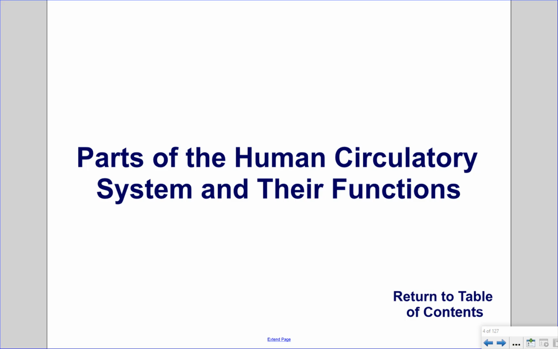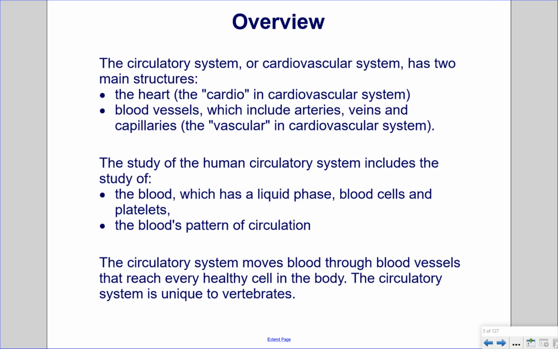Parts of the human circulatory system and their functions. Overview. The circulatory system, or cardiovascular system, has two main structures: the heart, which is the cardio in cardiovascular system,